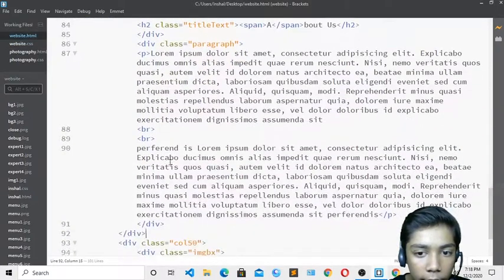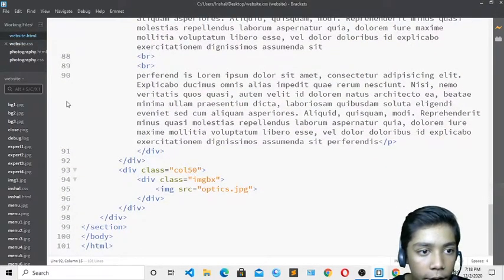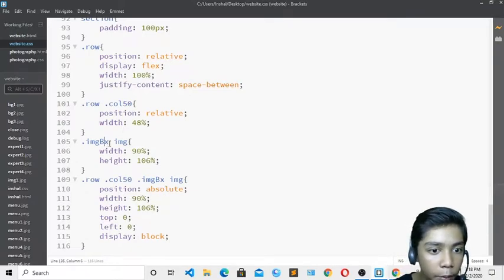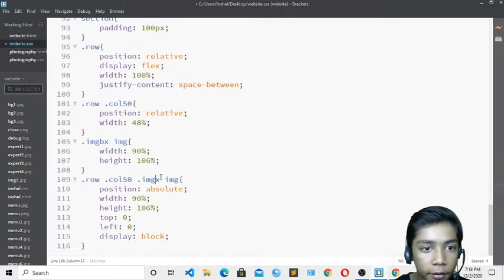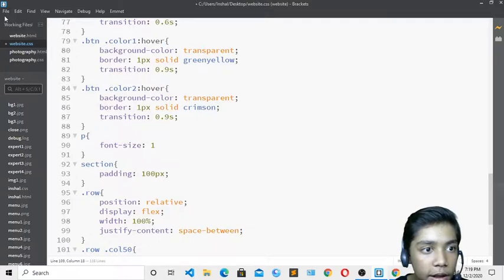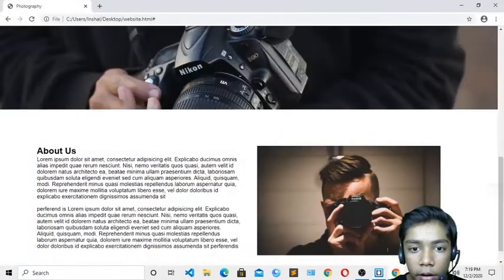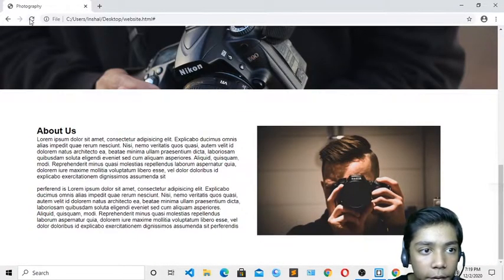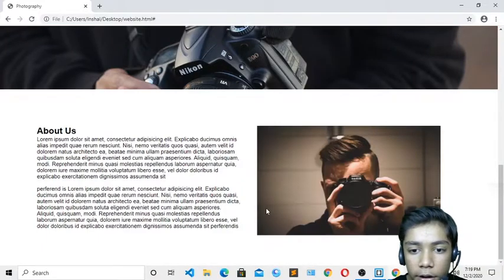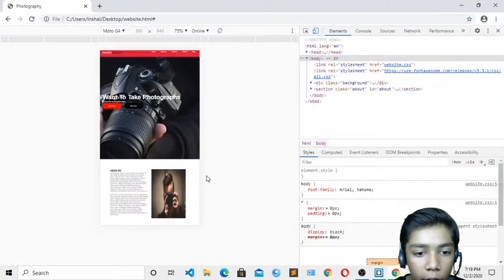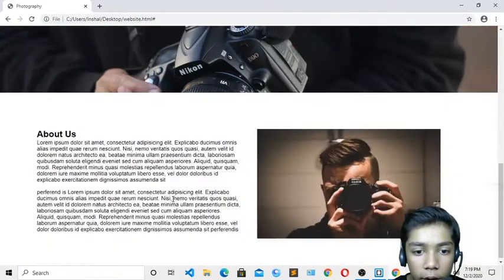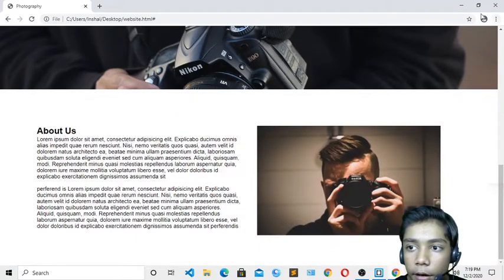Go to HTML1. Okay, so there we have defined our image box like that. So I will write box like that, and I will write box like that. Just save, and now here you can see it is good. Okay, so now we have defined our work. Now if I inspect, here you can see it is responsive and it is good. Okay, so now we are done with our about us.